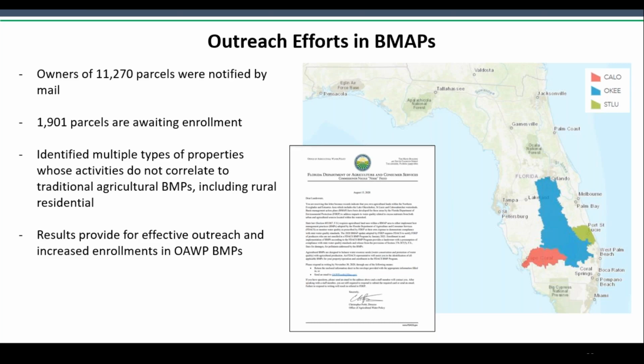So overall, in addition to updating our FSED coverage by removing properties that don't fall under our purview or are being developed or are no longer agriculture, and providing these areas to other agencies for consideration to refine ag land use, water use, and nutrient inputs, due to this analysis, we're also able to more effectively reach landowners who are likely engaging in agricultural activity. So we can get them enrolled in our program and make sure that they're following the law as written.